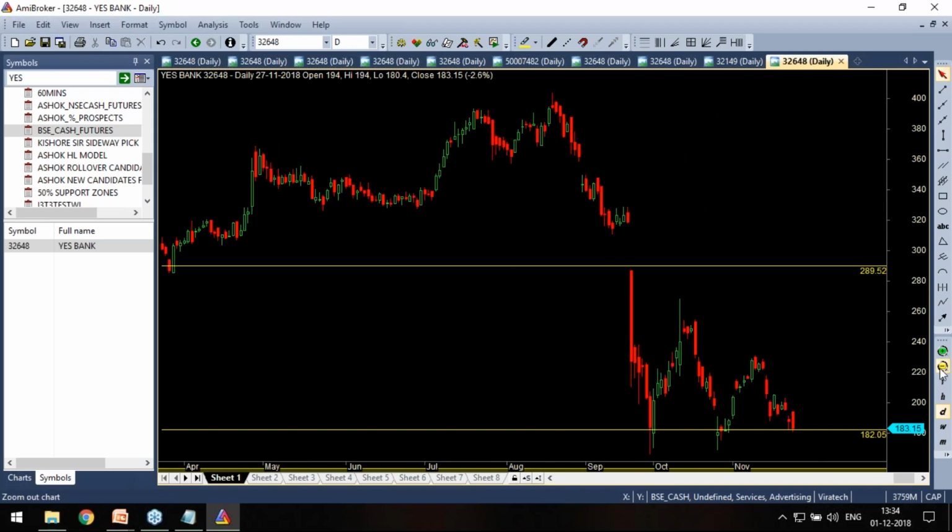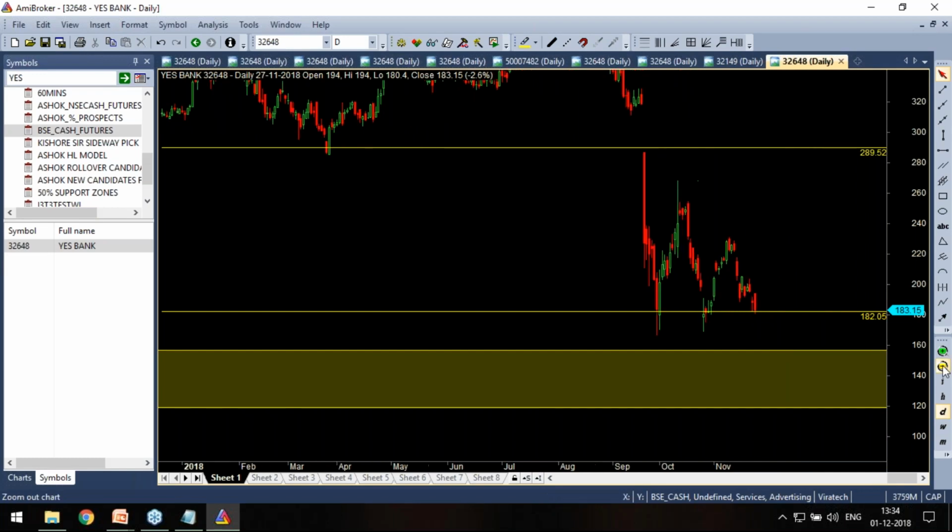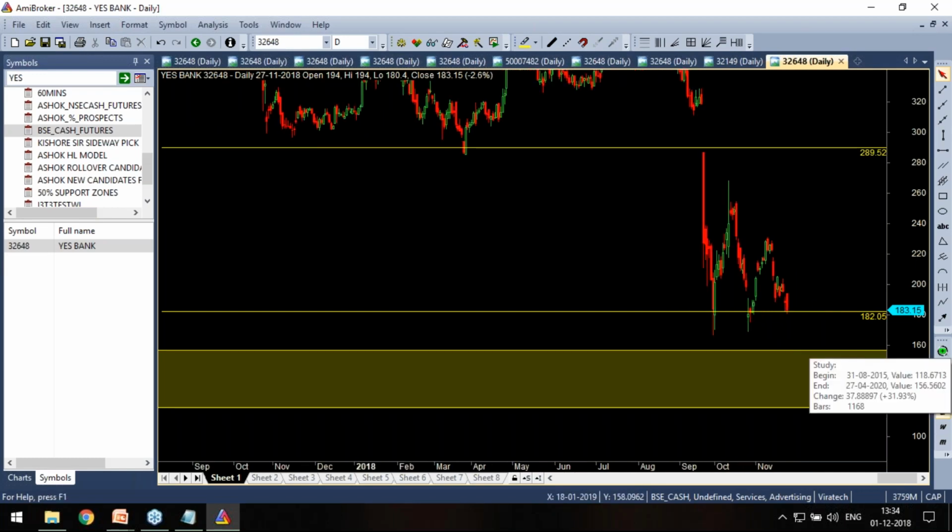So that's the point. It is close to this zone. This zone should protect it. It cannot fall further, according to me. See, when things are bad, everything goes bad. Even if Piotroski score goes less than 5, let it happen. But when you're looking at value, all value investors, this is where you need to get in. Growth investors, leave it. Yes Bank is not our baby, but all value investors who believe in value, you must be in there.